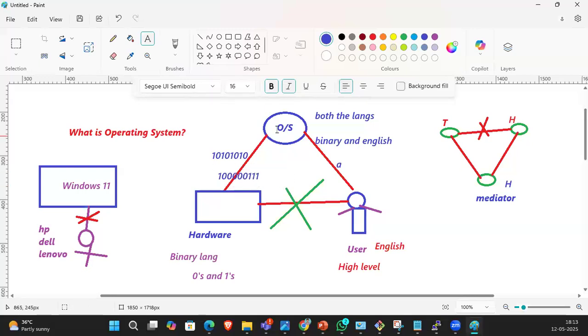Whatever the computer gives, the OS conveys and gives to the user. Understood? The user knows only high level language, English, and the computer knows only binary language.